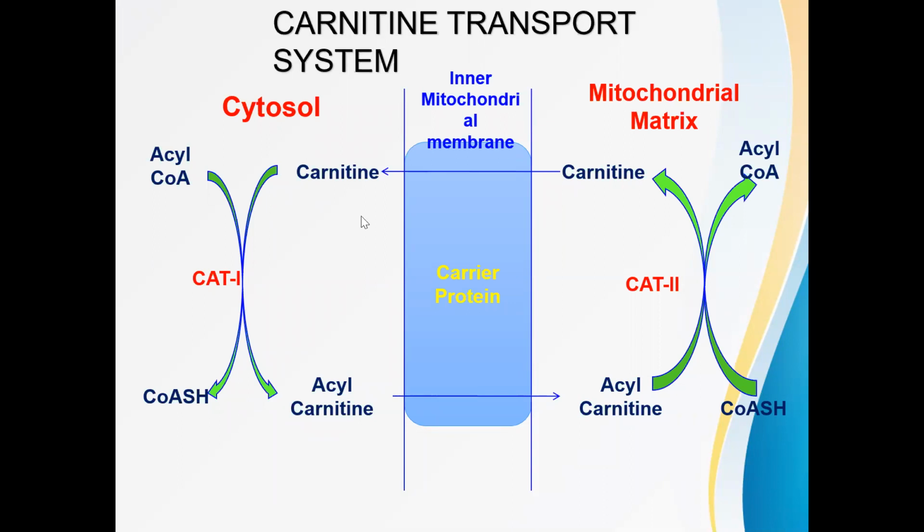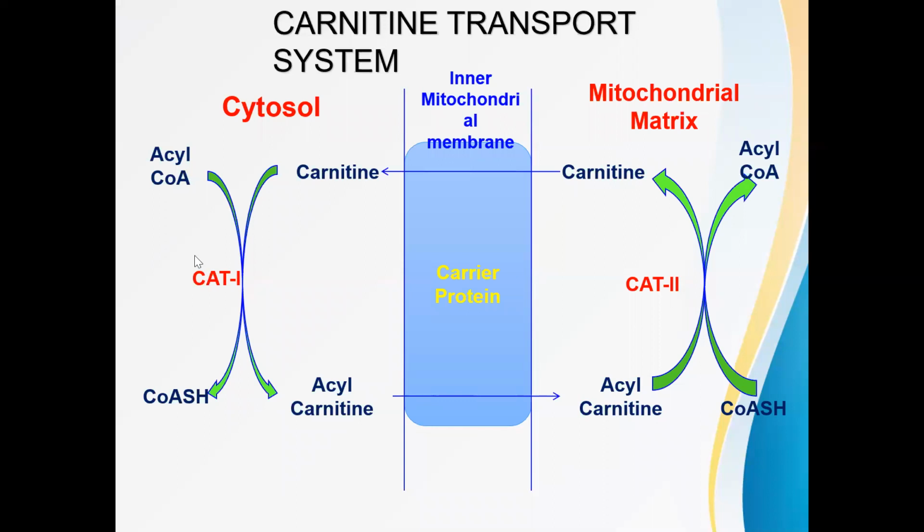Fine. So look at this mechanism, how the activated fatty acid gets transported into mitochondria. These lines indicate the inner mitochondrial membrane. This is the outer surface, this is the inner surface. So outside what we have is cytosol, and we have activated fatty acid in the form of acyl-CoA. This acyl-CoA,